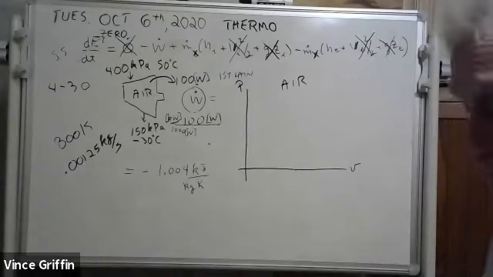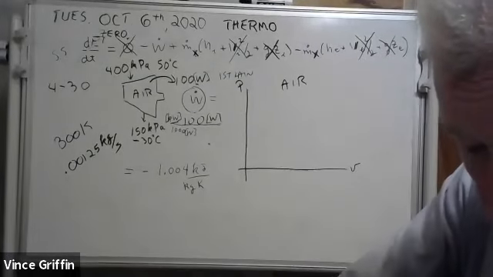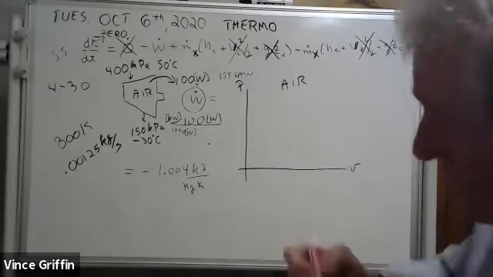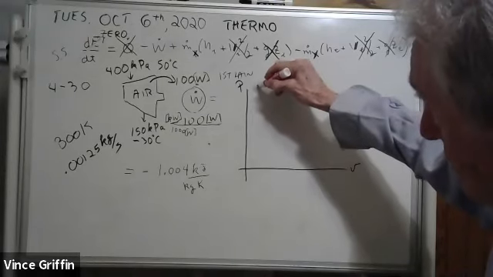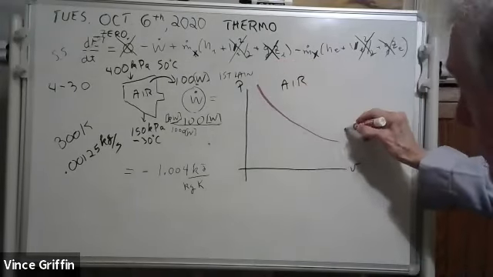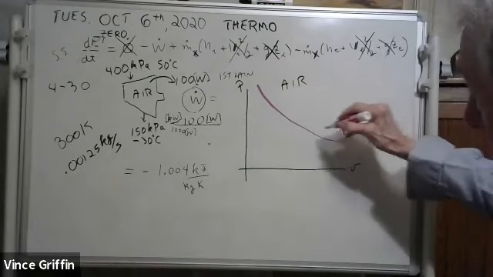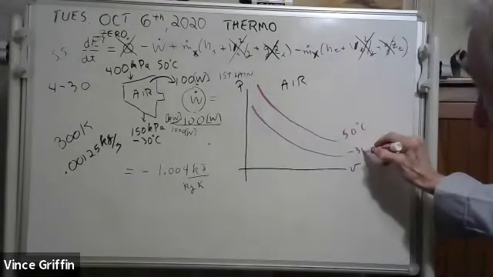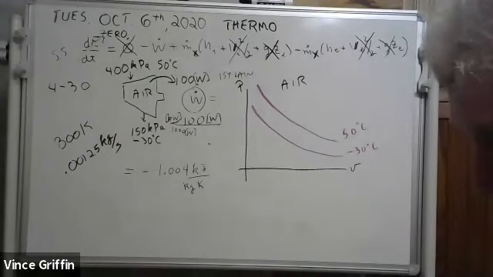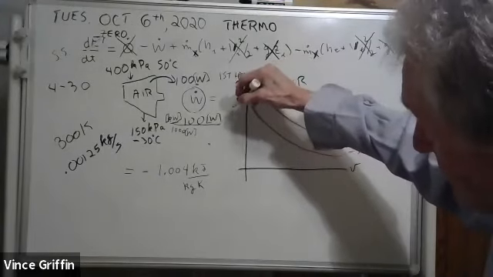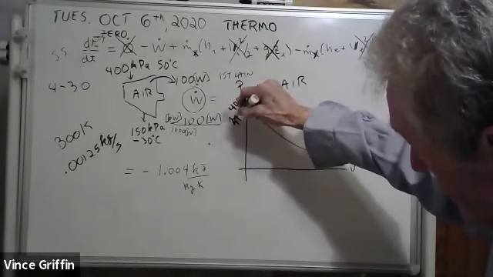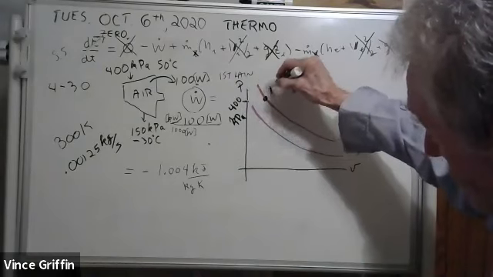Well, okay, let's put that process on the PV diagram. Now let's put our isotherms on there. Now isotherms go like this. See, there's your 50-degree isotherm. There's your minus 30-degree isotherm. And we're going to go from 400 kilopascal. Puts us right there. There's state one coming in